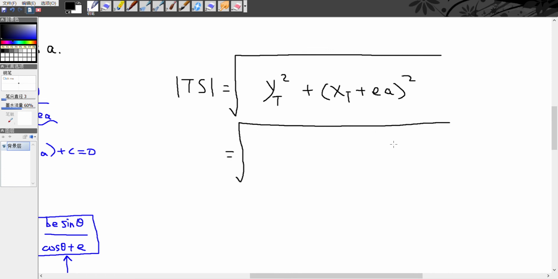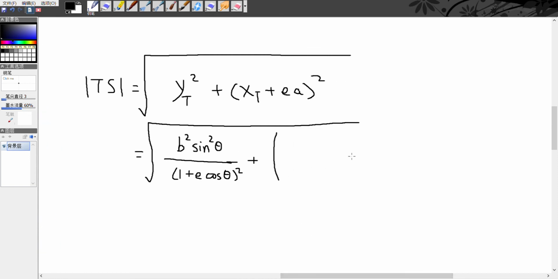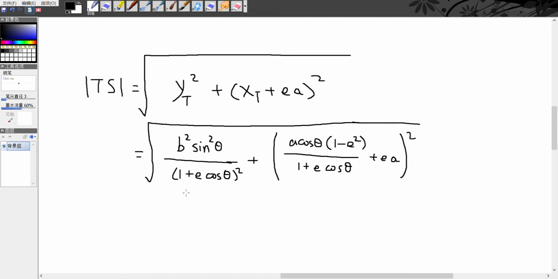Which equals, yt is just, I'm sorry, I'm just not willing to do that anymore. Yt squared is equal to b squared sine squared theta over 1 plus e cosine theta squared, plus, this is super messy, a cosine theta times 1 minus e squared over 1 plus e cosine theta plus ea squared, which equals